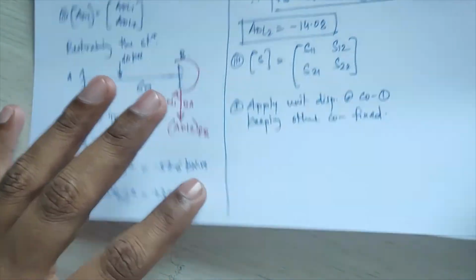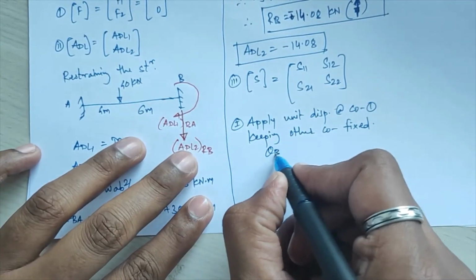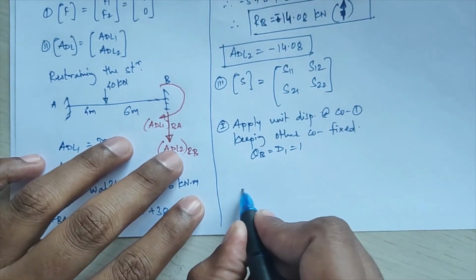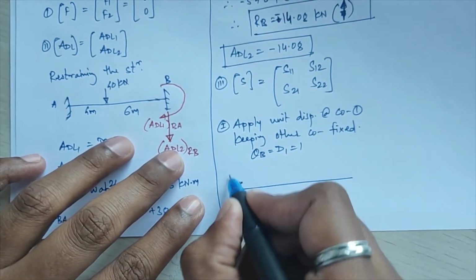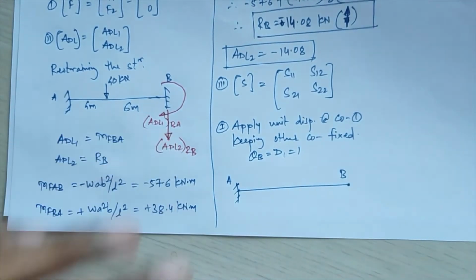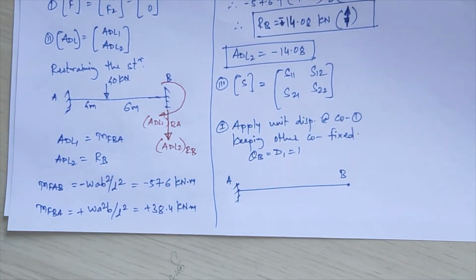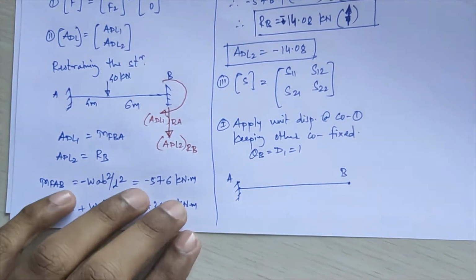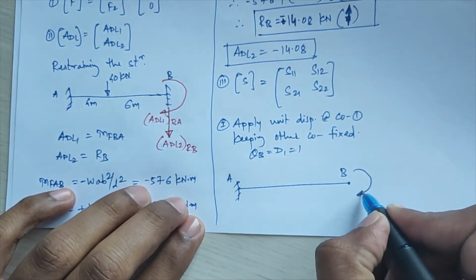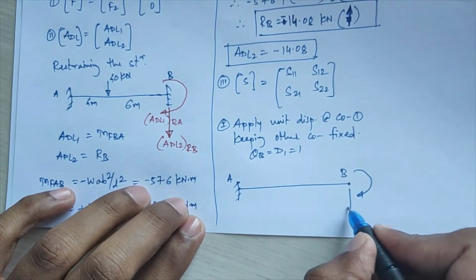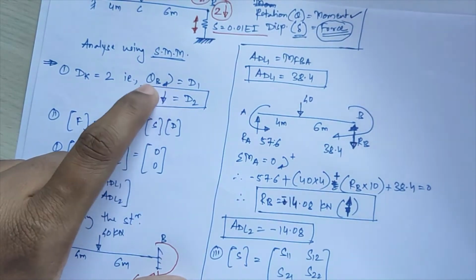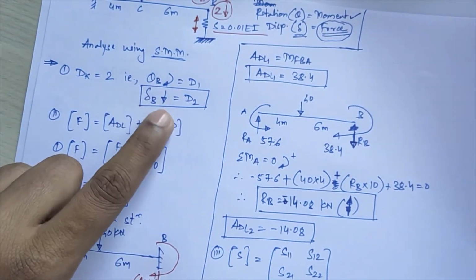So how to apply this? That is, you have to apply theta B or D1 is equal to 1 here. Okay, so this is your joint A, that is already fixed, and for joint B you have to free it over there for theta B value. Okay, so here I'll mark both the coefficients over there. So first coefficient will be a moment value, and second coefficient will be a force value as per your assumed redundance over there. First is a rotation, that is theta B, and second is the delta, so that will be a force over here.